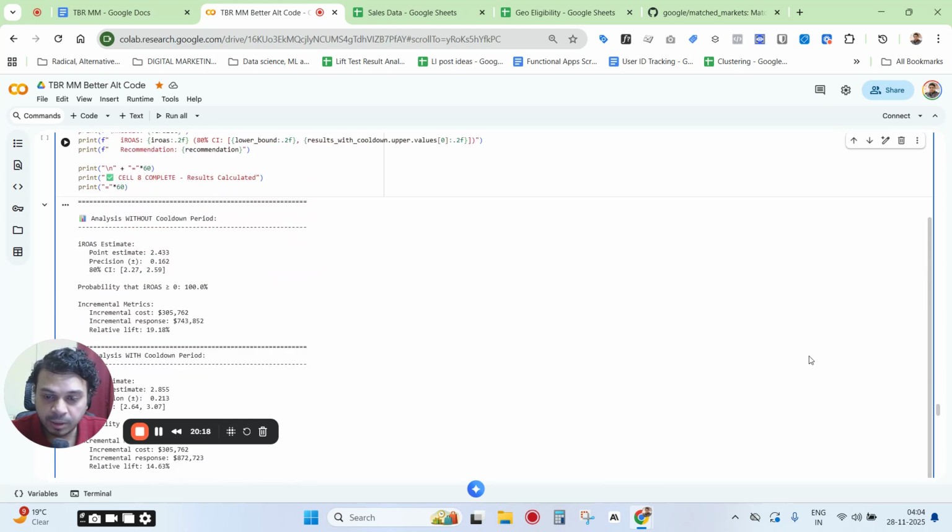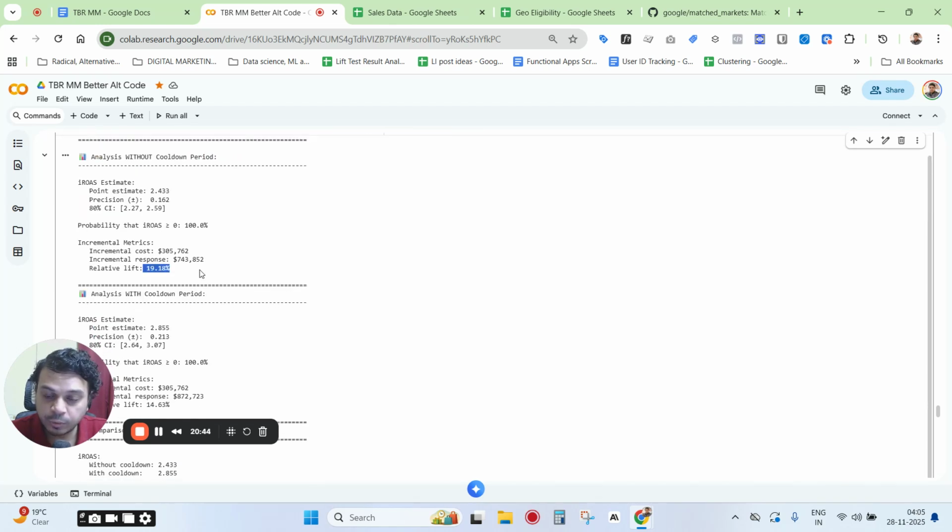So this is the TBR analysis. The point estimate here is 2.433. The precision is 0.162 at 80% confidence interval. This is the range that it will lie between 2.27 and 2.59, and the probability that it's greater than 0 is 100%. Okay, and incremental cost is 300,000, and incremental response is 740k, and relative lift is